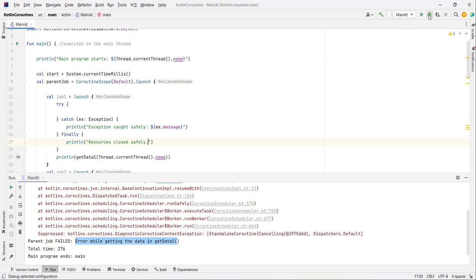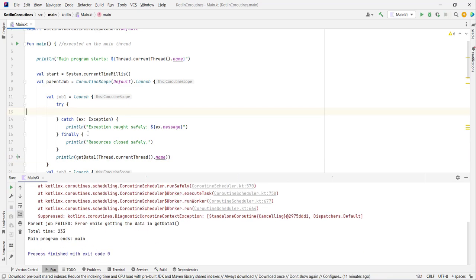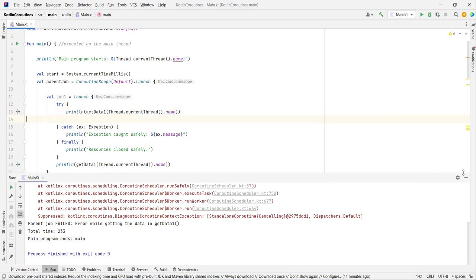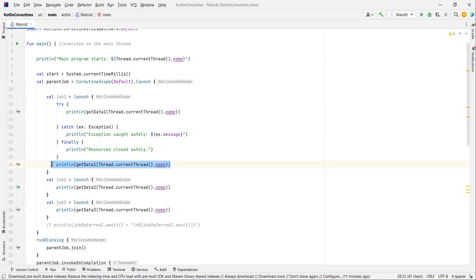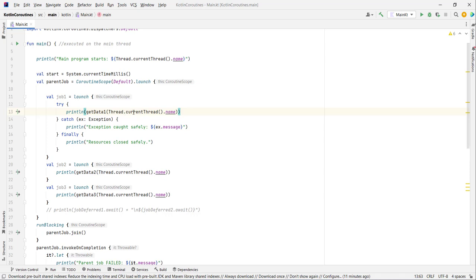Alright, now if you run this code, I should put this inside our try and catch. So you get the same error because I didn't put the code there. So let's copy our code which generates the exception and paste it inside the try. So what we're saying now is, hey, I know that this can potentially throw an error. I know what the error is, it's this exception that we define here, but anyway, try to run that code, and if an error occurs, just catch that exception and execute the code. And what I'm curious about is if the next coroutines are gonna run and if the parent is gonna fail or succeed. So if I run this code now